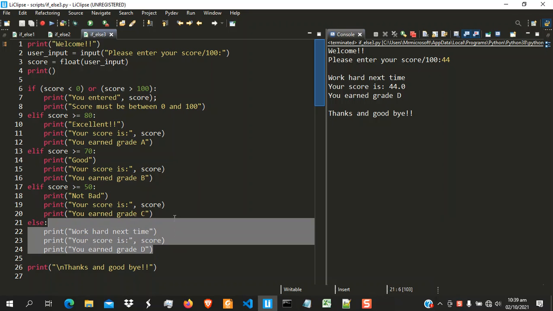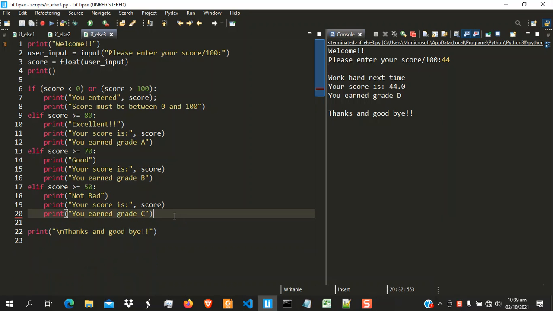Let's say, for example, we just ended with this. Let's see what's going to happen if we ended only with the elif without any else. So let's say we entered 44, nothing. Why? Because this statement is false, this statement is false, this statement is false, this is false, and execution just